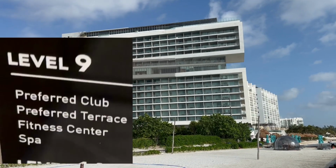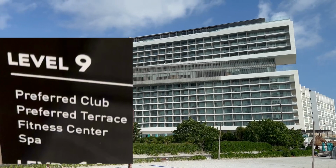Okay, I'm sorry I didn't get as much footage of the spa. In fact, I didn't get any footage of the preferred area, the bar area, or the waiting area. I didn't get any of the area up on 9. I apologize for that. But you will find all that on level 9, where the preferred club, the preferred terrace,